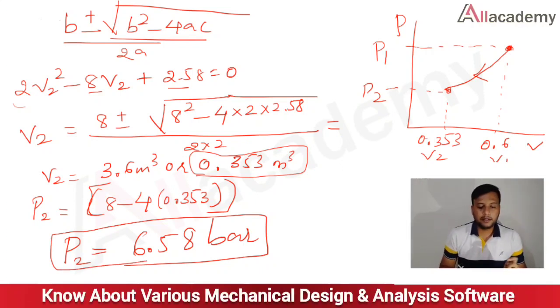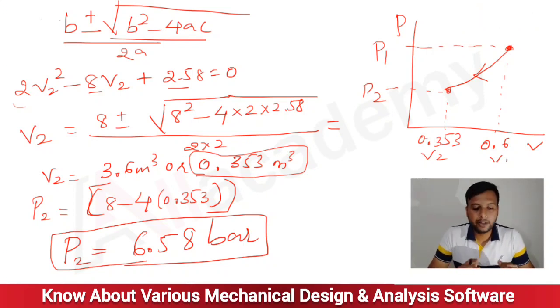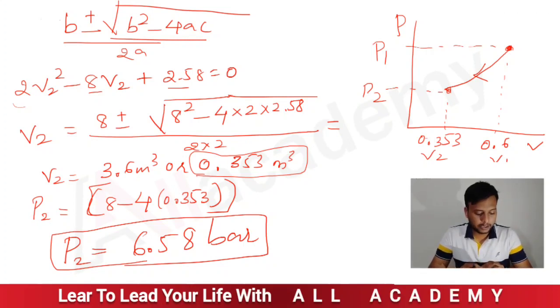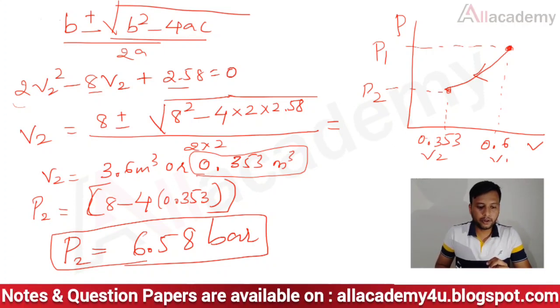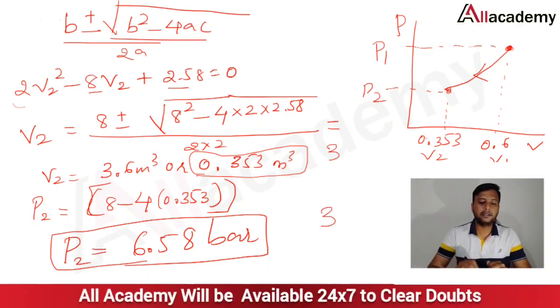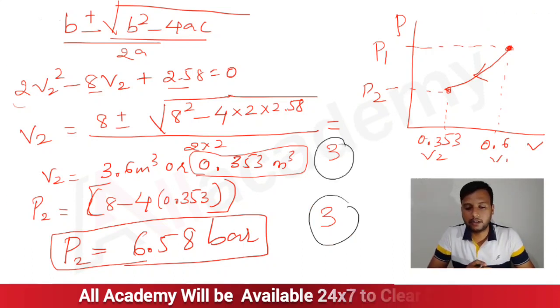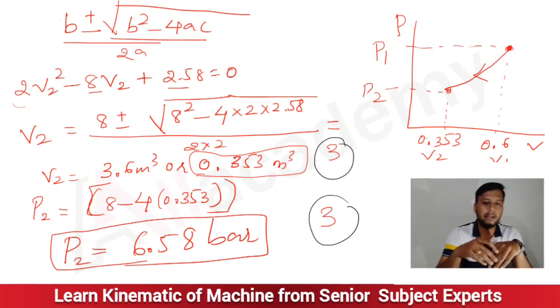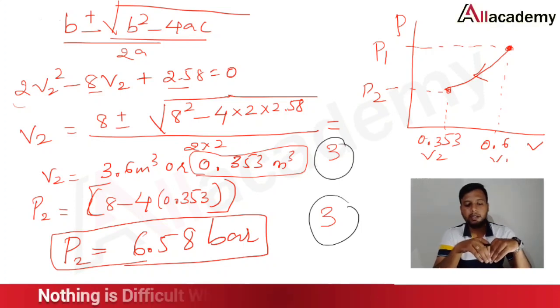Now for these 8 marks, how will the marks be distributed? First, when we calculate the simplified quadratic equation, for that we'll get 2 marks, and for this simplification here 3 marks will be given, and for the final answer 3 marks will be given. So a total of 8 marks is allotted. The first simplification to get that quadratic equation gets 2 marks, and for this PV diagram we'll get 1 mark. So the total is 8 marks. This is how the marks will be distributed.